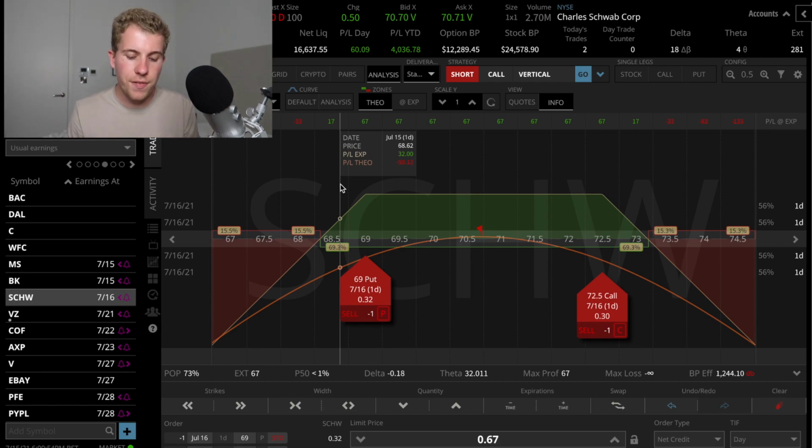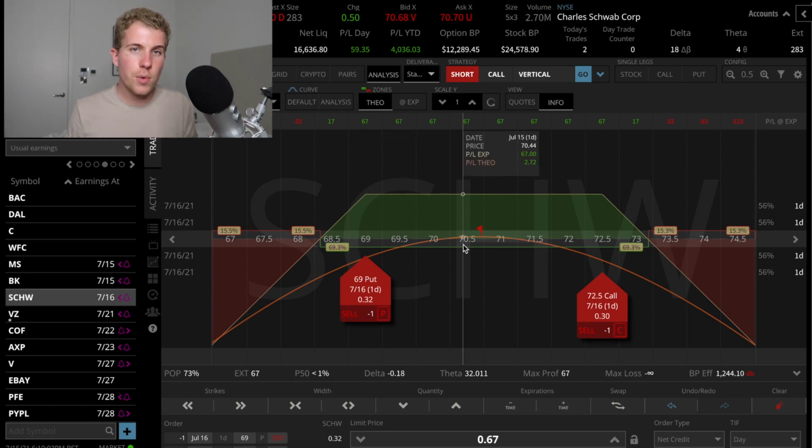So as you can see, I'm betting that the stock is staying within a range, because that's basically the range that I was talking about. That's the range that you want the stock to stay in. If it stays in, great, you're making money. If it stays out, you're going to have a loss, and I'm going to explain how I manage losses right after.